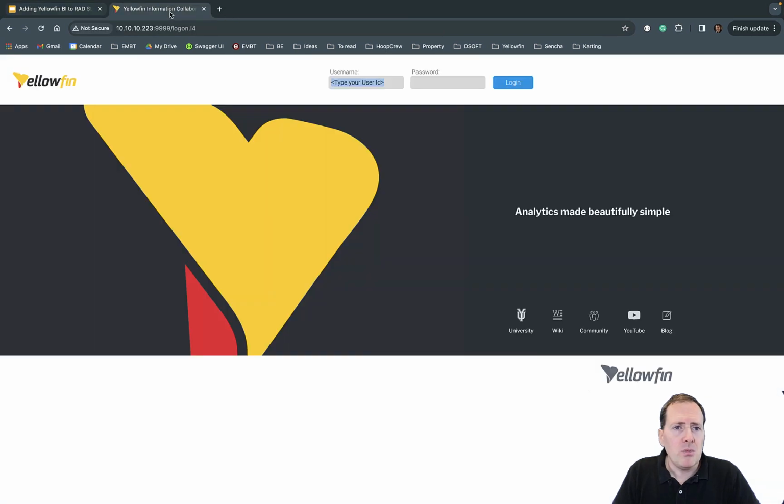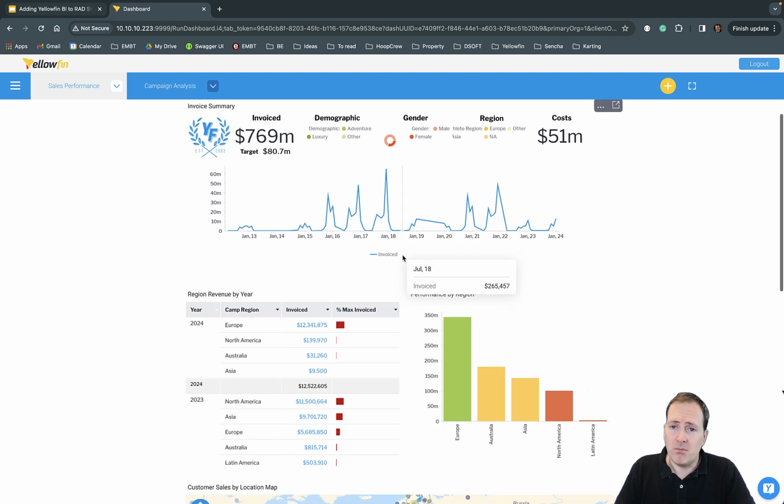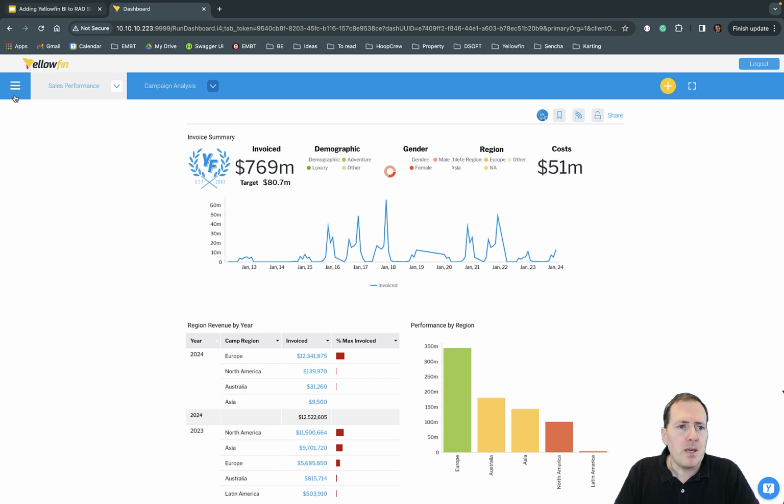I wanted to show you, obviously, Yellowfin itself. So let's just log in here with the same user that we've just been logging in as. We can see our dashboards, which we haven't explored through the application yet, but you can pull those directly up as well. But let's go ahead and